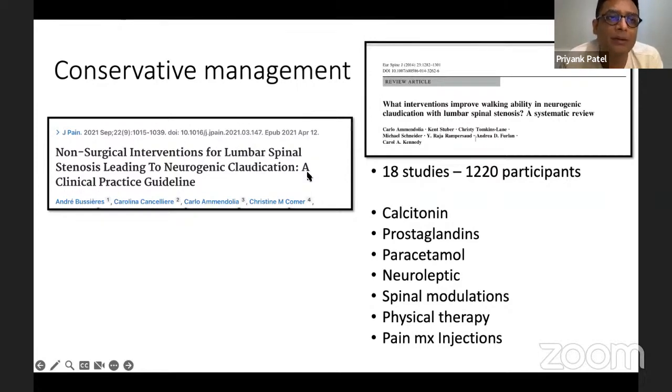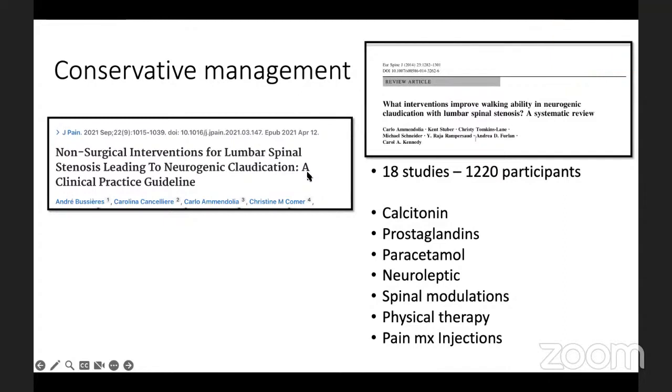That's the case where you would want to do an epidural. Caudal epidural has some role in multi-level lumbar canal stenosis, where you want to give an epidural but you are not very specific which single root is the bother. Those are cases where caudal epidural can be given, and it has shown some added benefit compared to a general epidural, because caudal epidural will not have those risks associated with the standard epidural injections which we used to give earlier. So we should not give epidural injections? Yes, it should be discouraged.